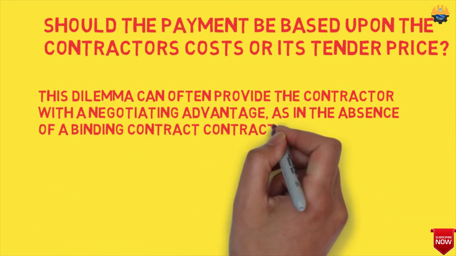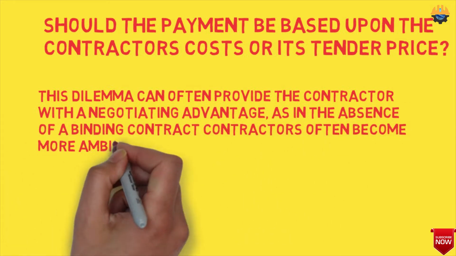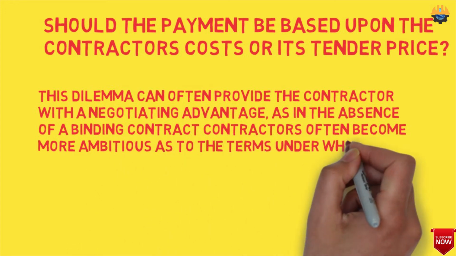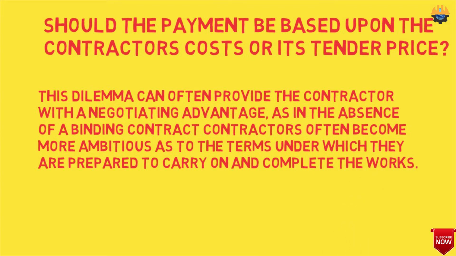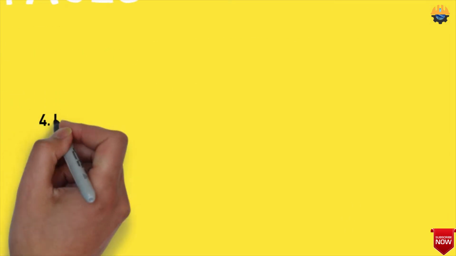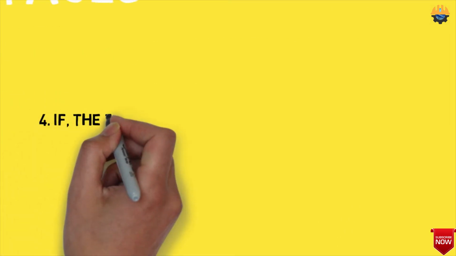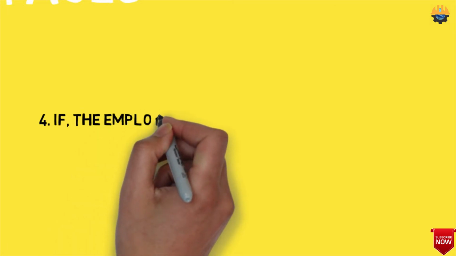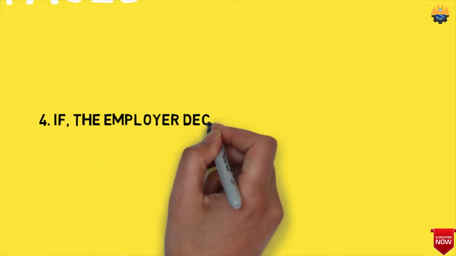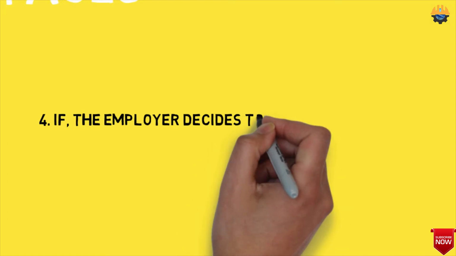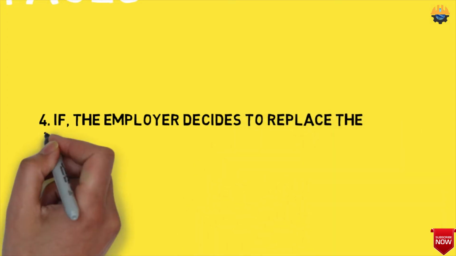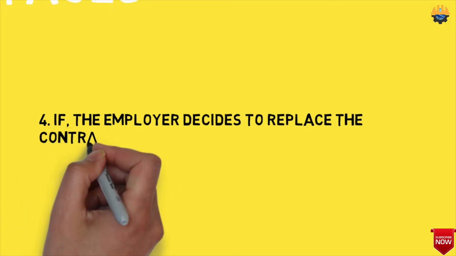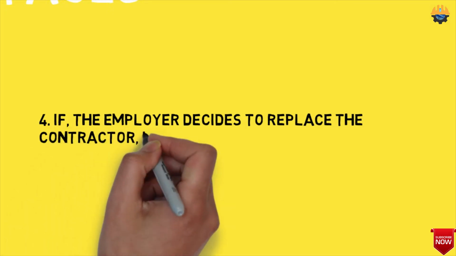This dilemma can often provide the contractor with a negotiating advantage, as in the absence of a binding contract, contractors often become more ambitious as to the terms under which they are prepared to carry on and complete the works. Our fourth point is, what will happen if the employer and client decide to replace the contractor or supplier? It is unlikely that the contractor will go willingly, and disputes as to the quality of work and payment will